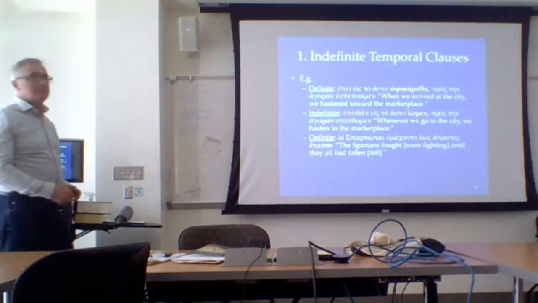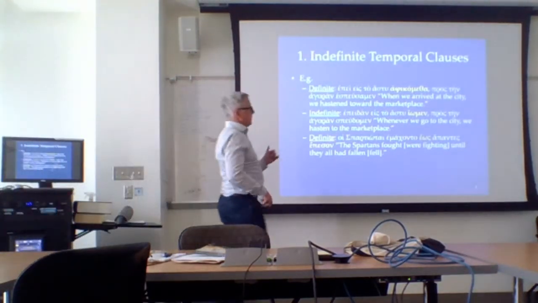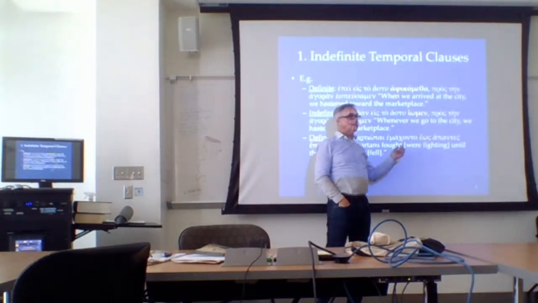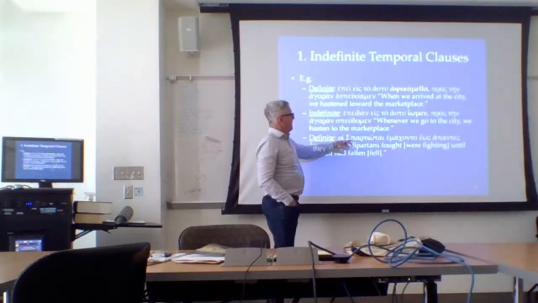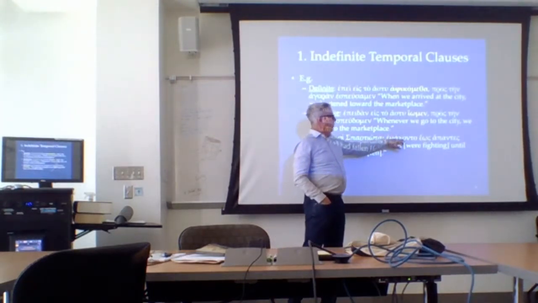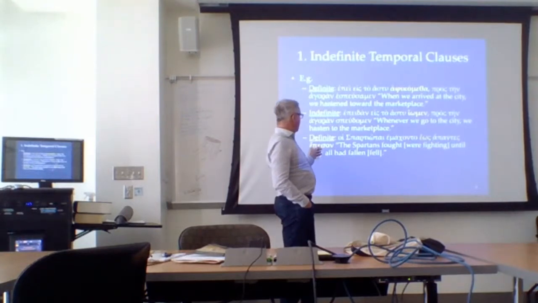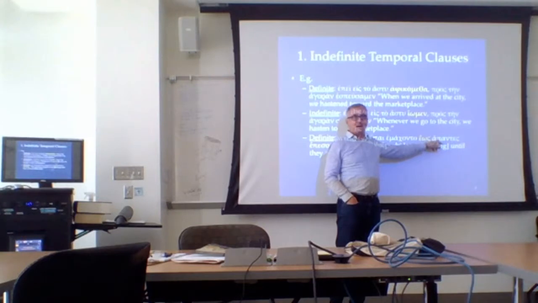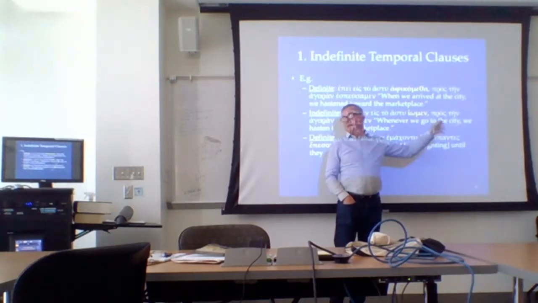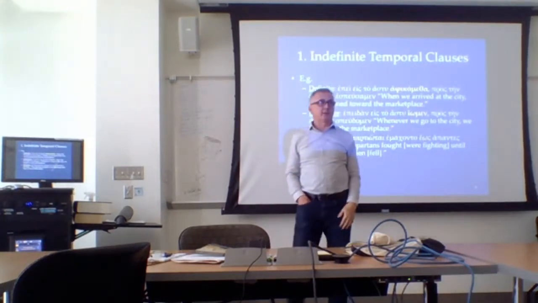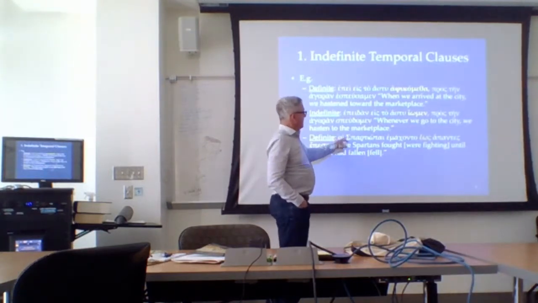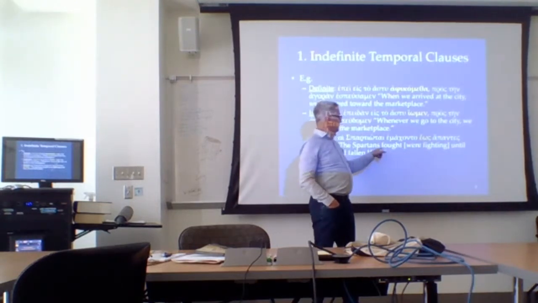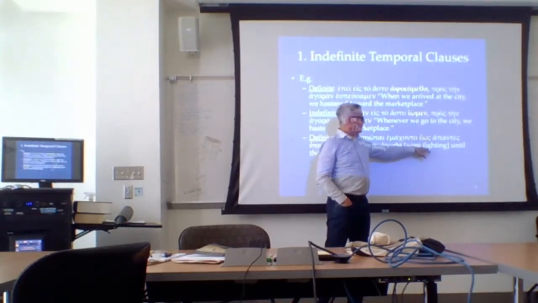Definite example. Here I've used heos, which means until. So, hoi Spartiatai emachonto heos hapantes epesan. This is a strengthened form of pas, by the way. Hapas means altogether, every last one. Just a strengthened form. So the Spartans fought or were fighting, and that in fact is imperfect, until